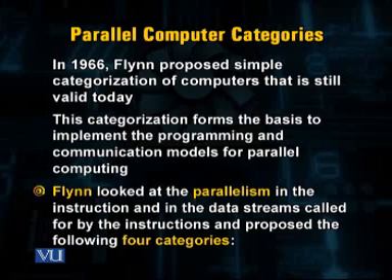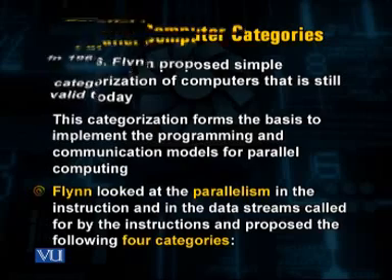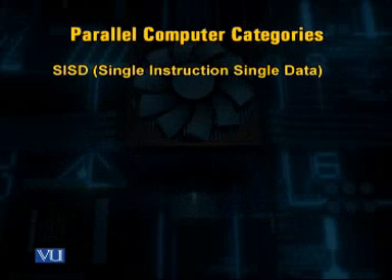The categorization proposed by Flynn forms the basis to implement the programming as well as communication models for parallel computing. Flynn looked at the parallelism in instructions and in the data streams called for by the instructions and proposed the following 4 categories. Number 1, single instruction, single data, that is